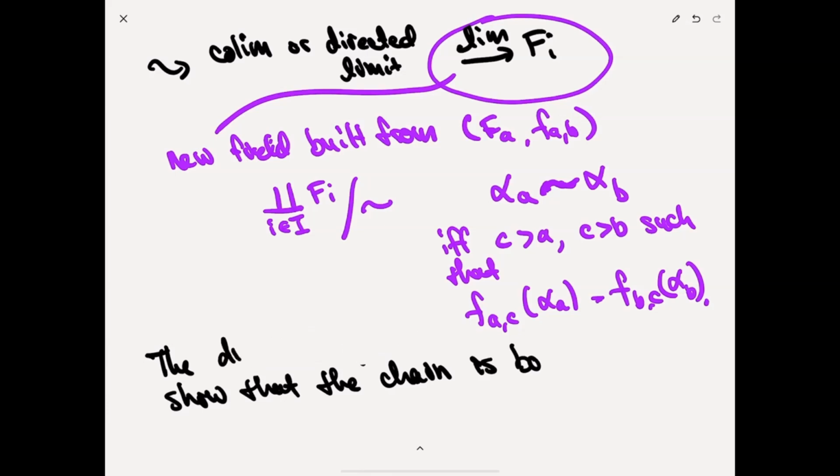The direct limit shows that the chain is bounded. And so by Zorn's lemma,